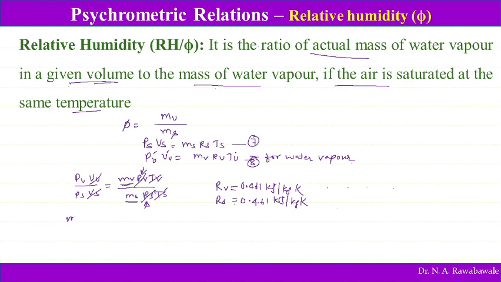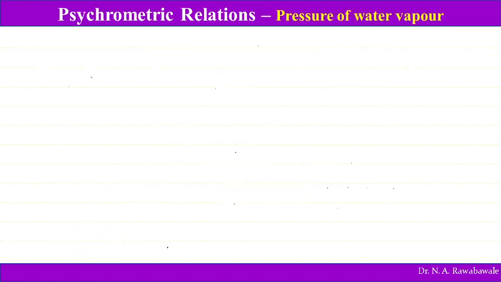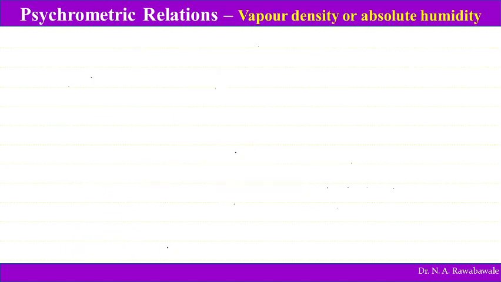Therefore we get MV divided by MS is equal to PV divided by PS. That is nothing but MV divided by MS is nothing but phi. Phi is equal to PV divided by PS. So this is the equation for relative humidity in terms of the partial pressures. So this is one more thing that we have discussed. Now the next thing is psychrometric relations,